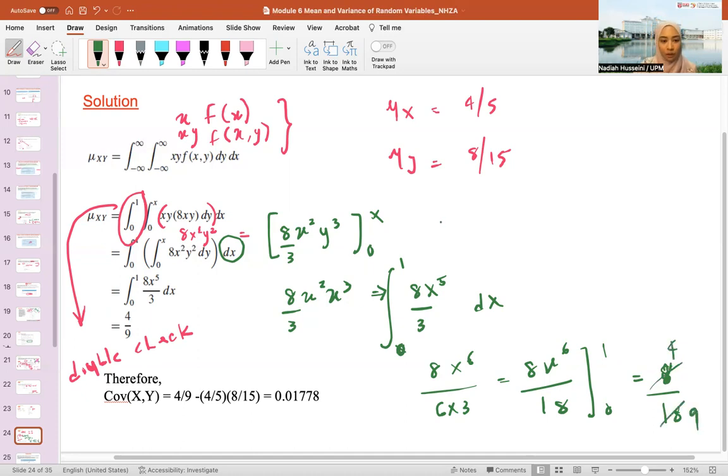4 over 9. Okay, so now that we have our mu x, mu y, mu xy, the covariance equation tells us that it is mu xy minus the product of mu x and mu y. So this is what we have over here, and you can find out what is the covariance. The covariance is near 0. It's not a strong positive. If it was a strong positive, I would say it's a value more than 1. So this is close to 0. Therefore, your data would look like